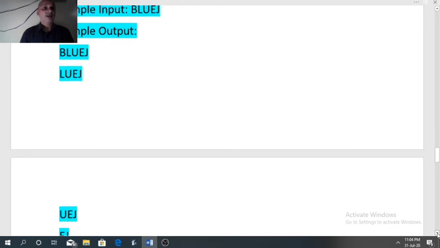In the first row we are printing the same word BlueJ. In the second row, we are leaving the first character and printing the remaining 4 characters. In the third row, we are leaving the first 2 characters and printing the last 3.